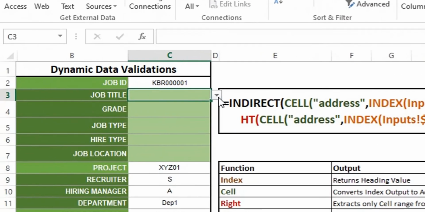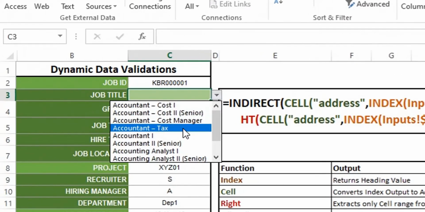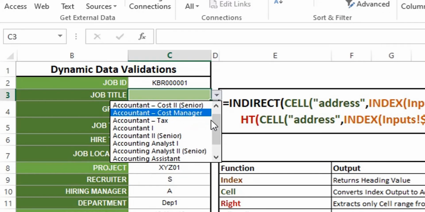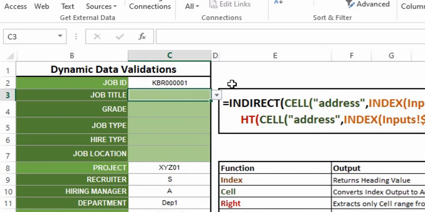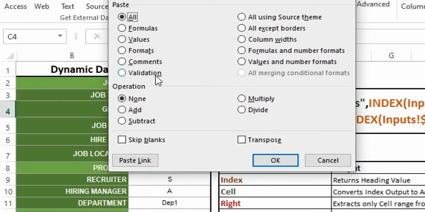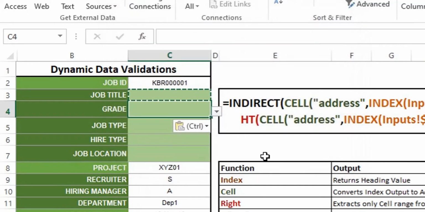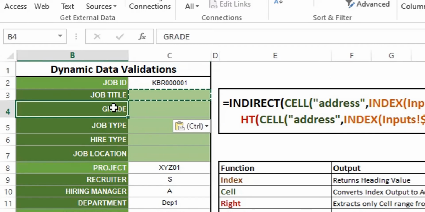So now we'll have a drop-down here with the list of job titles. Instead of creating a new name range or a new offset sort of formula, you can just copy and paste this as validation, which will create your new data validation completely based on this particular heading called grade.